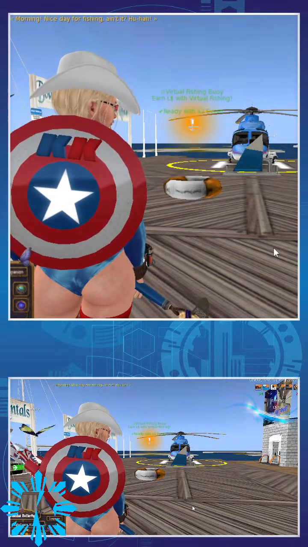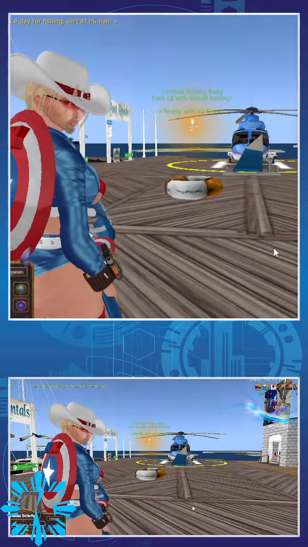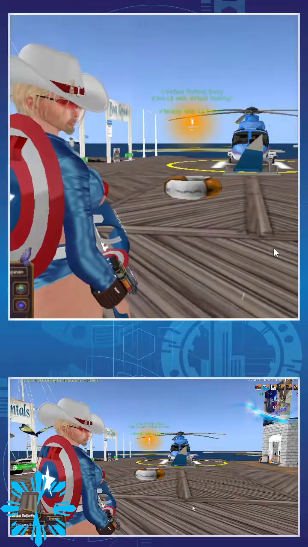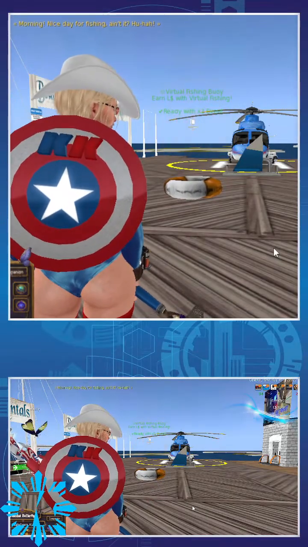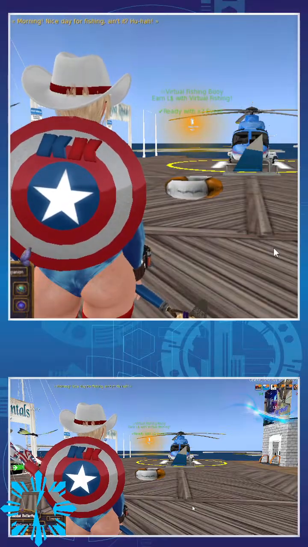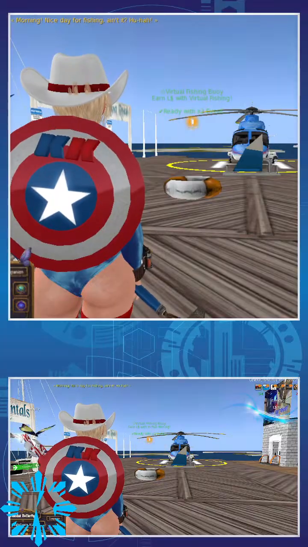Virtual fishing could just disappear from Second Life forever, and if you have a lot of Linden dollars in your virtual fishing wallet and virtual fishing disappears, then Linden Lab won't be able to help you.